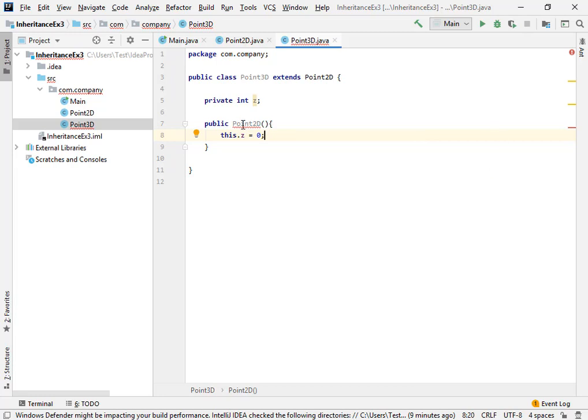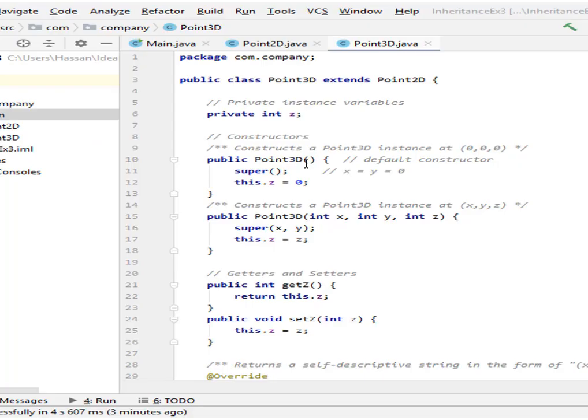But as you can see, it is giving us an error because it says invalid method declaration, return type required. Okay, sorry, it's my mistake, because the class name is Point3D.